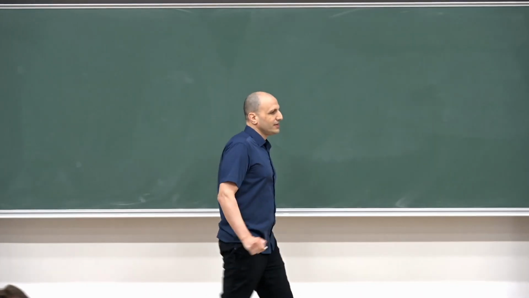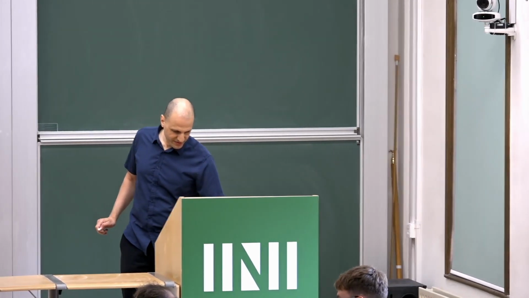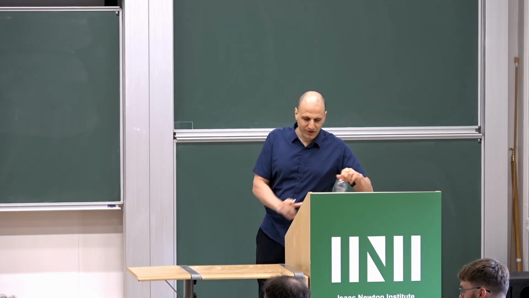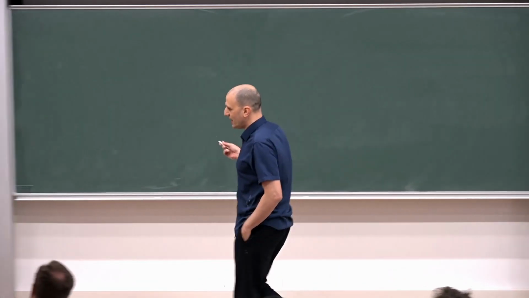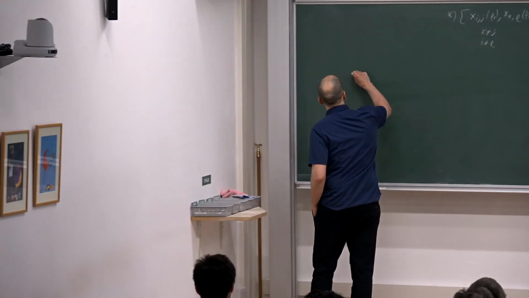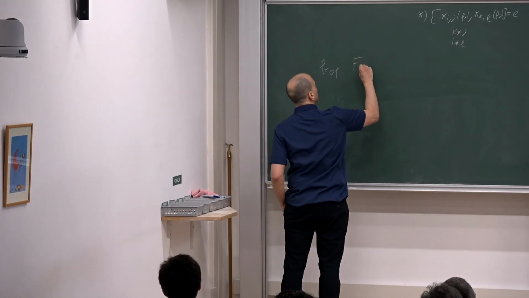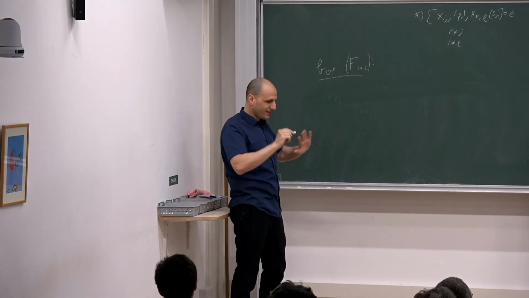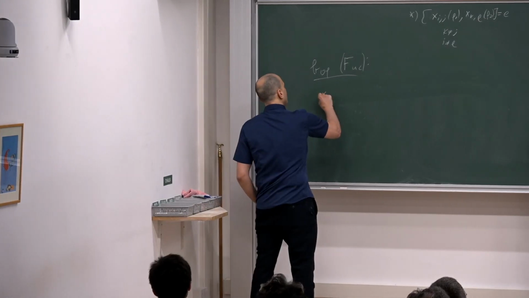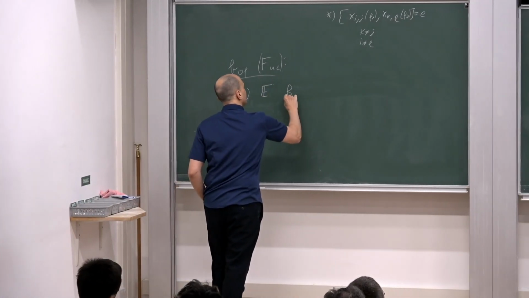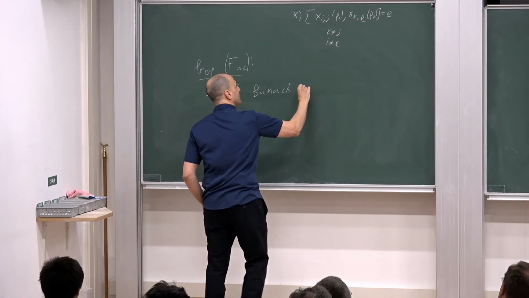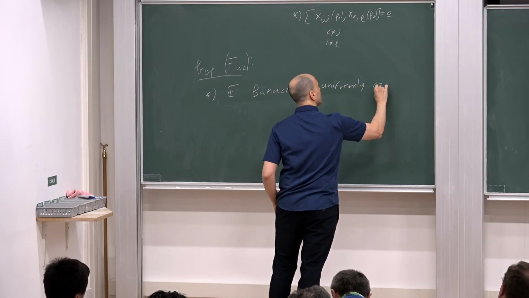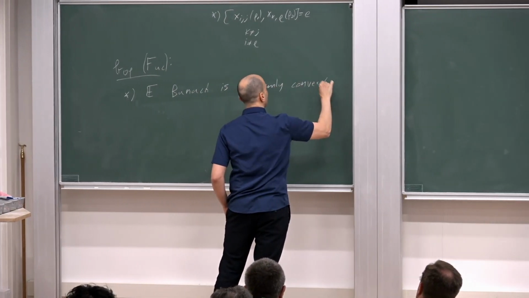And now I want to talk about fixed point properties of these groups. So I want to define a property which I'll call property FUC. UC is for uniformly convex, just so that we are on the same page. If I have a Banach space, it is uniformly convex, and let me abbreviate it UC,